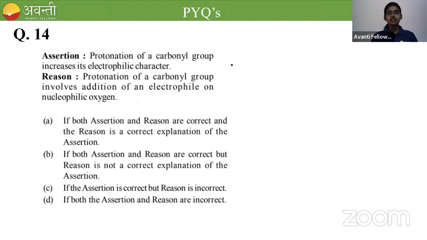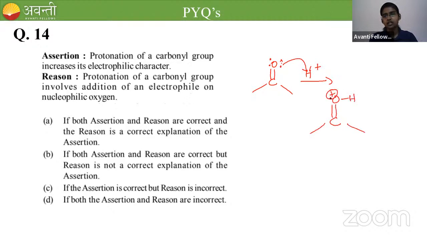And the reason is the protonation of the carbonyl group involves addition of an electrophile on nucleophilic oxygen. Just find out the correct answer from the given assertion and reason. The protonation of carbonyl group increases its electrophilic character. So they are talking about the C double bond O group and this group on protonation. So basically oxygen protonates, right? So we get C double bond OH